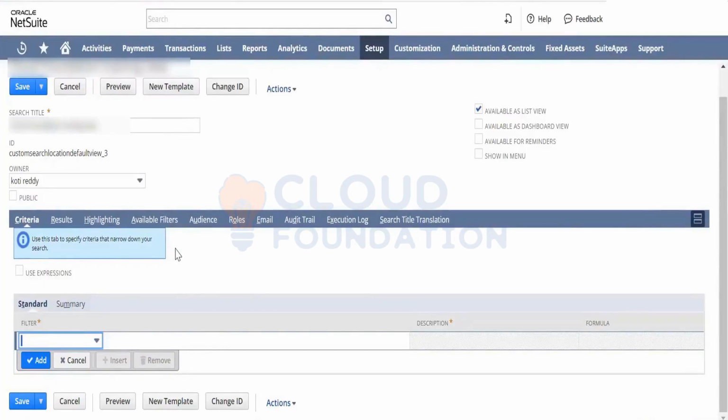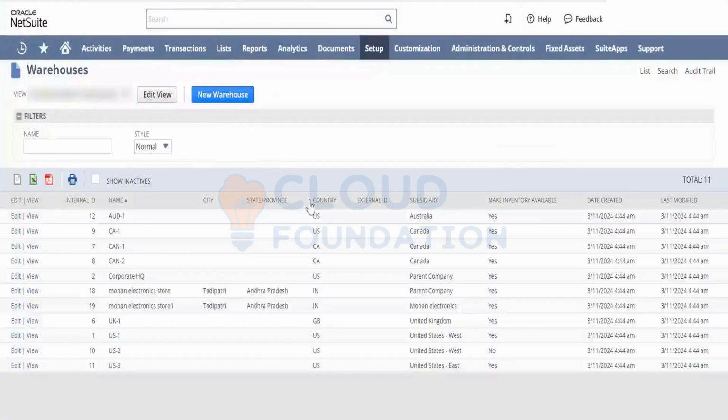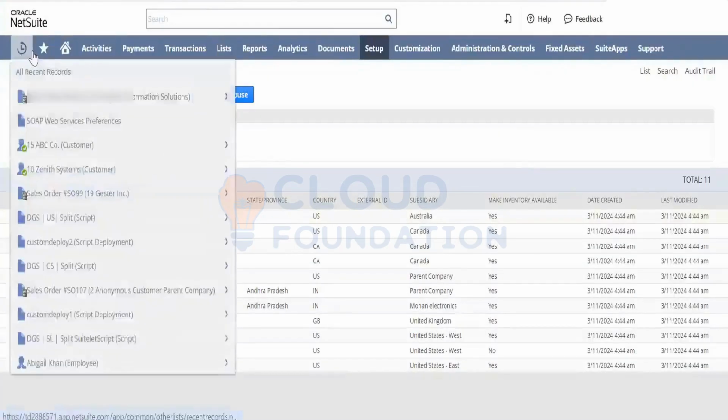Now the other option is if you click available as reminders. So I have set it up as available for reminders. I'm showing this in the menu and also I'm making it available as a dashboard view. So what happens when you do that? You save this. So when you go back to your reminders,